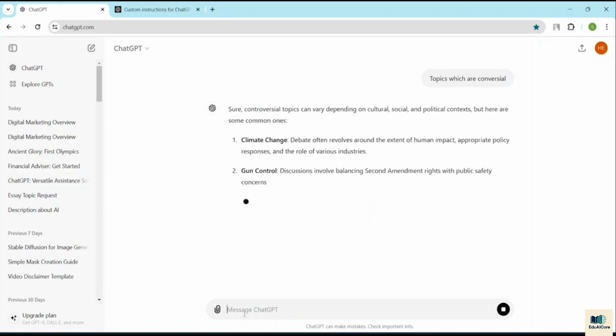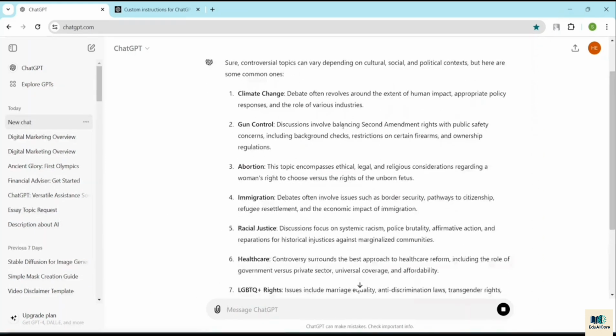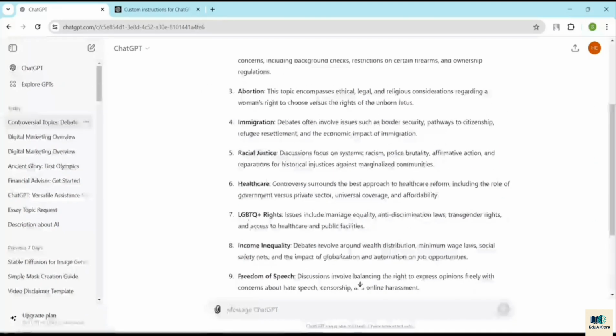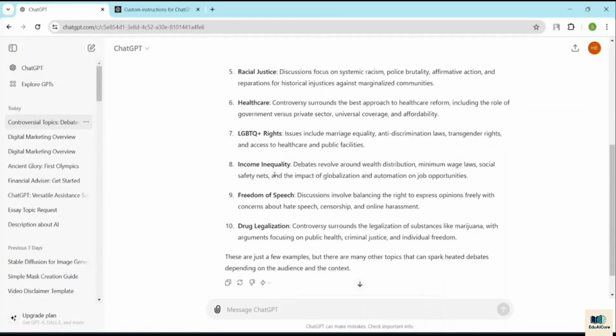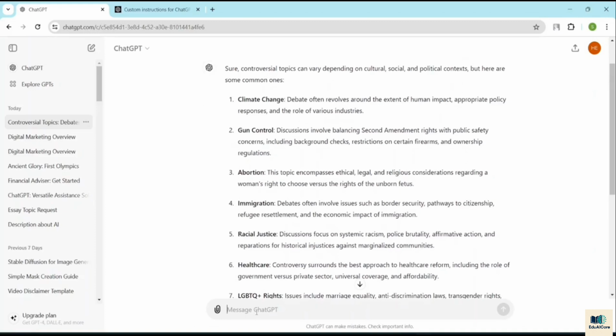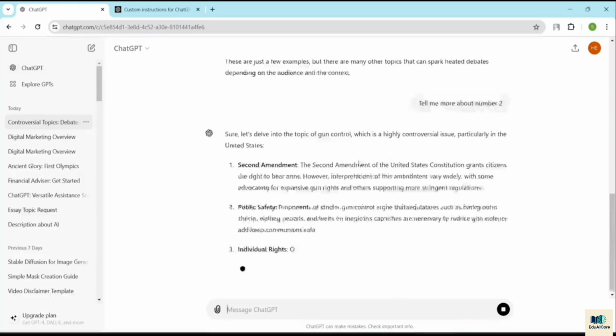And if I search this one, here you guys can see that they have different kinds of topics which are controversial. So the first one is climate change, gun control, abortion, immigration, racial justice, healthcare, LGBTQ rights, income inequality, freedom of speech, drug legalization. Okay. So over here, if I ask ChatGPT, tell me more about number two. Okay, so number two is gun control, and if I click on enter, you guys will see